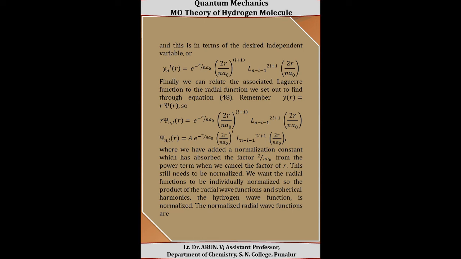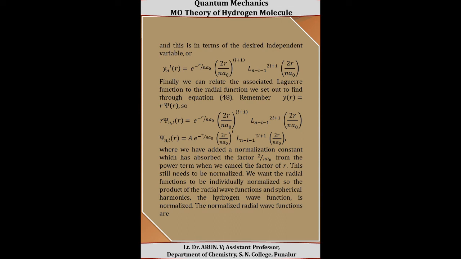That is, we remember that y(r) is equal to r into psi(r). By inserting these values, the radial part of the wave function becomes r into psi_nl(r), that is equal to e raised to minus r by n a0 into (2r by n a0) raised to l plus 1 into L_(n minus l minus 1) raised to 2l plus 1 of (2r by n a0), or psi_nl(r), that is equal to A into e raised to minus r by n a0 into (2r by n a0) raised to l into L_(n minus l minus 1) raised to 2l plus 1 of (2r by n a0),